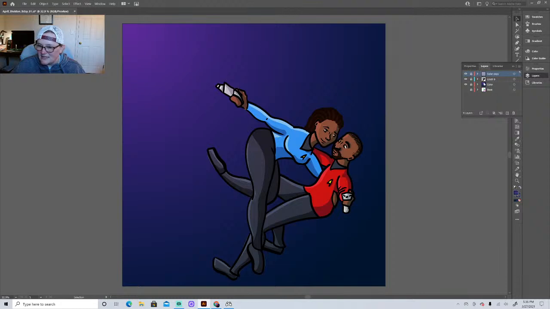And I'm going to start adding in some textures and things to help with that. So one of the things I wanted to add in was these laser effects, and I wanted to have some sort of explosion happening in the background. So I'm going to go ahead and